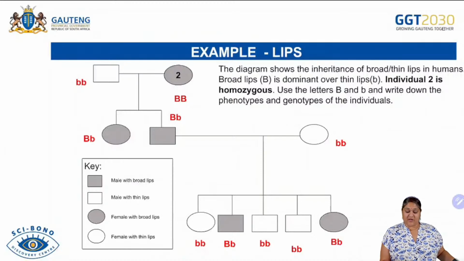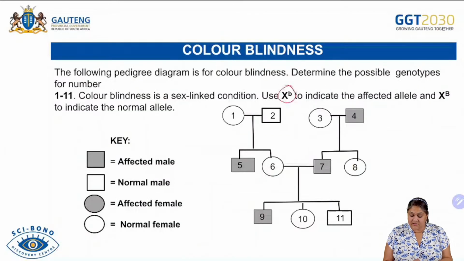We must determine the possible genotypes for numbers 1 to 11. The color blindness is a sex-linked condition. We must use this annotation. It's X to the small letter b to indicate the affected allele and X to the big letter B to indicate the normal allele. Okay? So let's look at our key. So our phenotypes are telling us that the shaded ones are the affected males and the unshaded ones are the